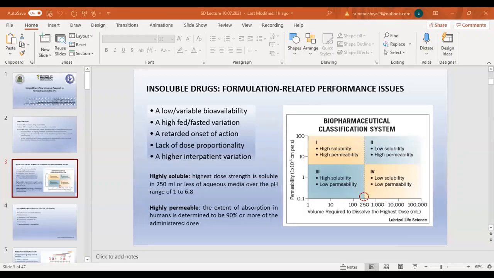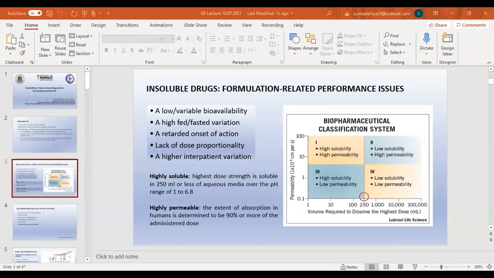Before we go ahead with the insoluble drug and what the approaches are, and then focus on the nanomilling approaches, we must look toward the biopharmaceutical classification system. So this system systematically classifies various drug molecules into 4 classes based on the solubility and permeability.